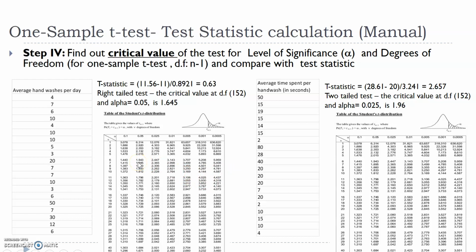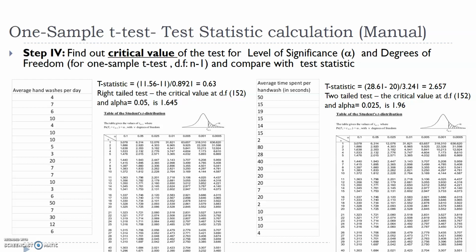So here is the challenge, something you need to understand. What is the difference between a one tail and a two tail test, right? Like I said, in the past research objective I want to understand whether the average number of hand washes is greater than 11, right? So in that particular case, we are in a situation of a one tail test. Because I want to understand whether it is greater than 11, that is a one tail test, greater than or lesser than.